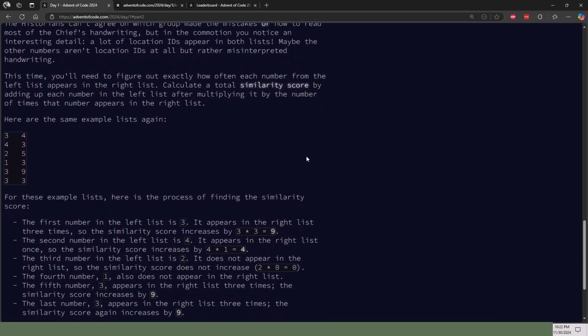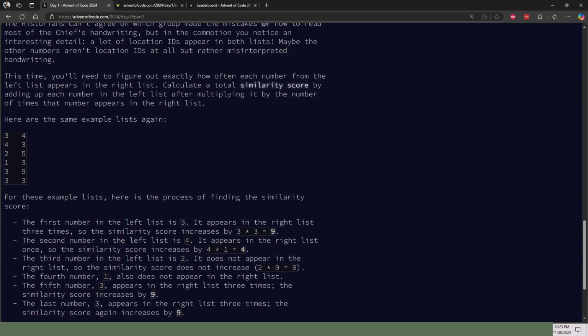Okay. Let's maybe go through the example here. We got the same list again. For these example lists, here's the process of finding the similarity score. The first number in the left list is 3. It appears in the right list 3 times. So the similarity score increases by 3 times 3 equals 9.